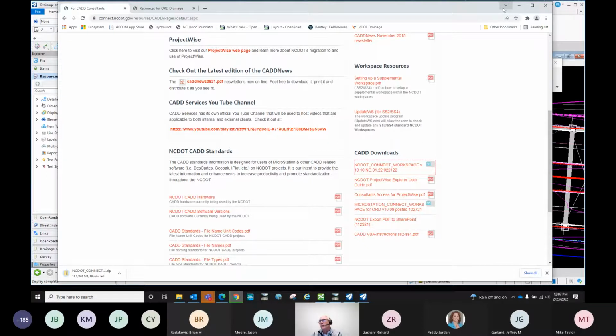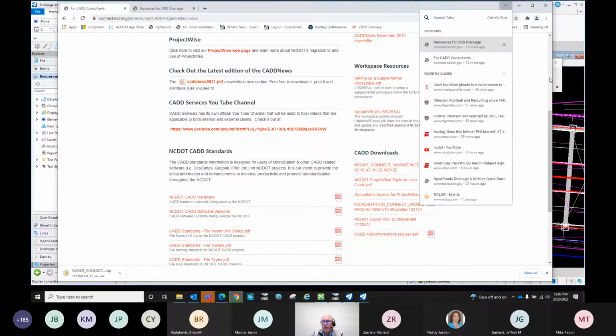There again, the zip file is going to want to unzip it to a folder, and if you don't do it, it's not going to download correctly. It's not going to work correctly. So there are two actual types of workspaces. We have a